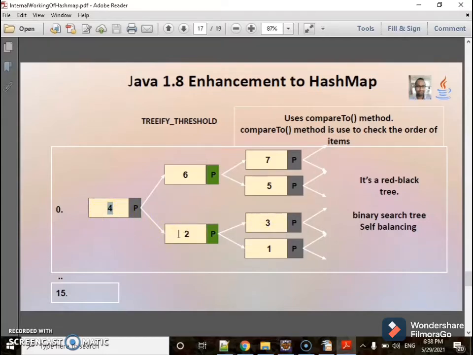Then 2 is less than 4, so it comes down. Then it again compares to the 3. Then 3 is greater than 2. So it again compares to the 1. Then 2 is greater than 1. So it falls above the 1 and below the 3 and below the 4. In this manner, the binary tree and the elements have been arranged.